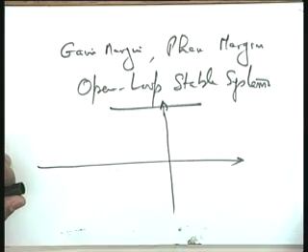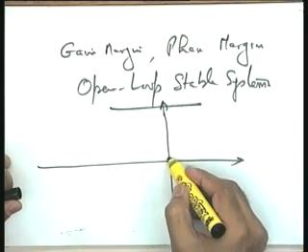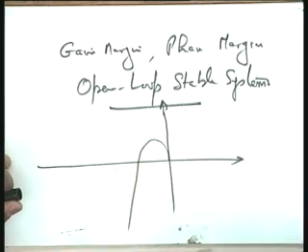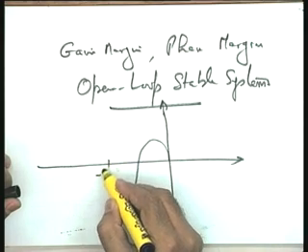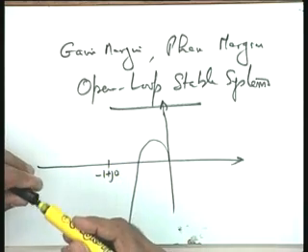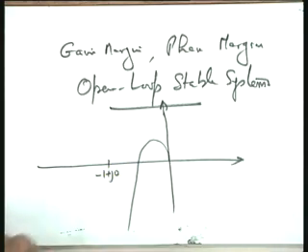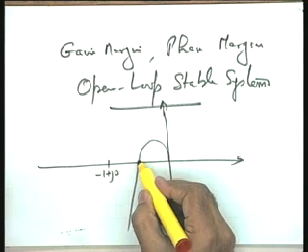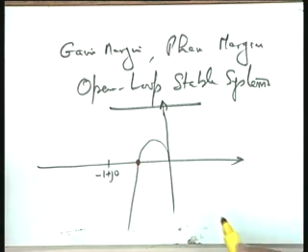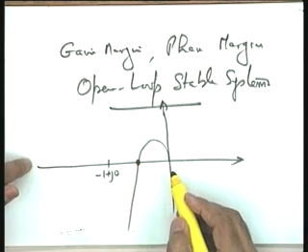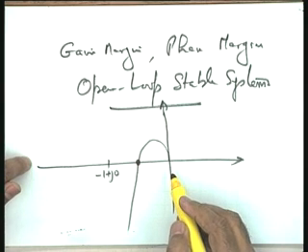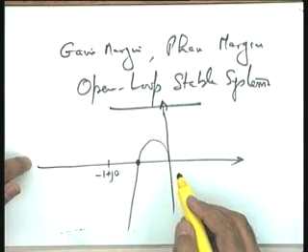The special cases, where there are no intersections, we have taken. Now, let me take a general case. Let us take a typical plot. Let me take this as minus 1 plus j 0. A couple of more definitions could also come. You will see that this is the point at which the angle is minus 180 degrees. Okay? This is the point at which the angle is minus 180 degrees.